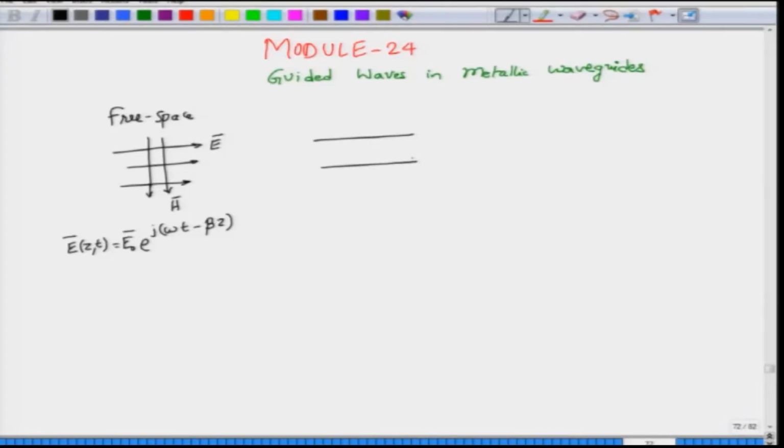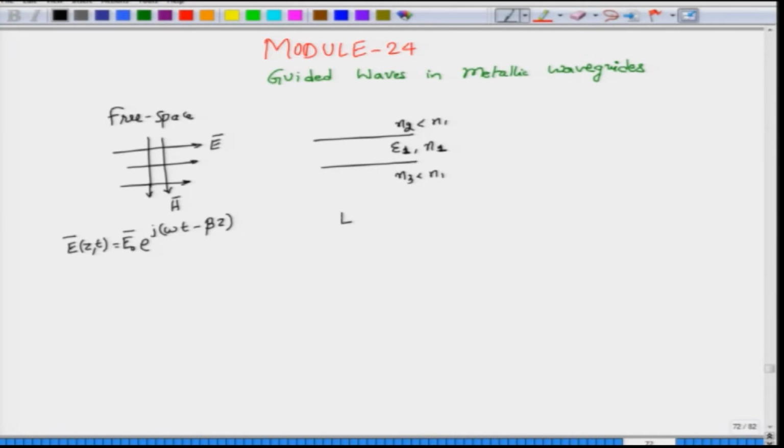We then found a different kind of structure, at least in integrated optical circuits. What we found was that if you take a slab of some permittivity epsilon 1 and refractive index n1, and surround this slab with materials which have permittivity or refractive index n2 less than n1, and in this case n3 also less than n1, then it is possible for us to have guided waves which would propagate.